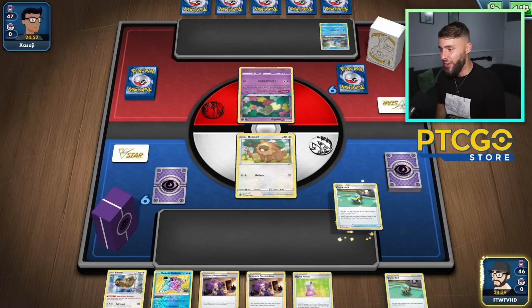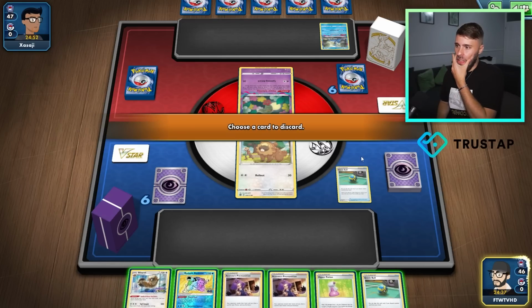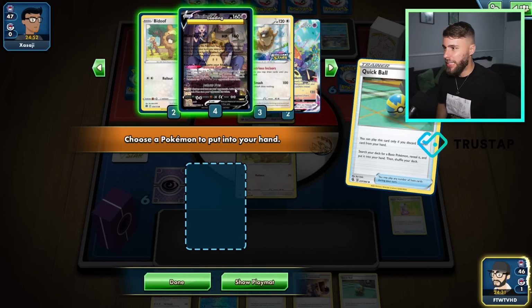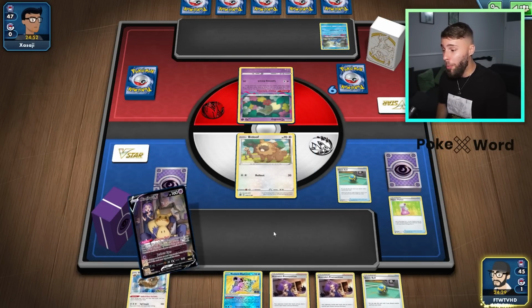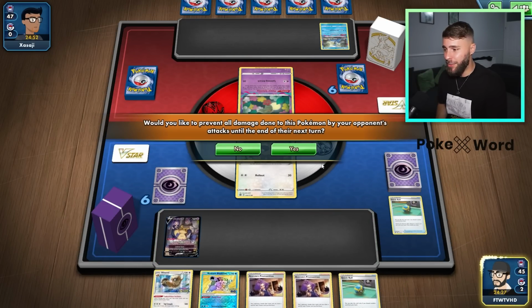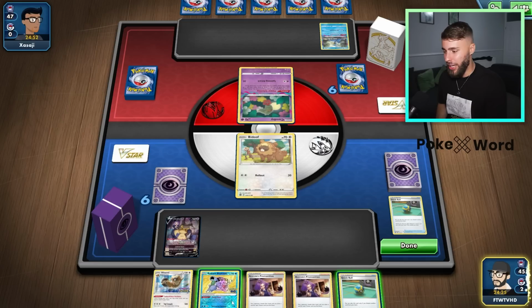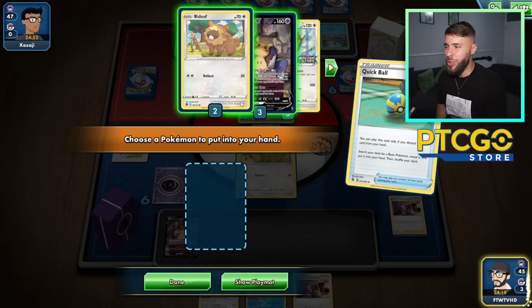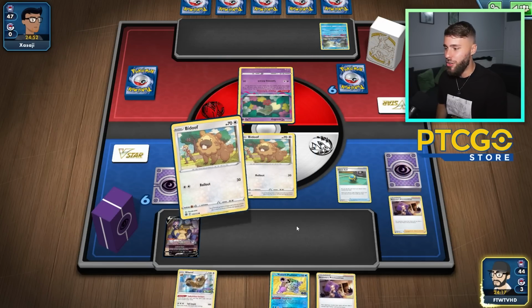Let's go. So we need to start off by, I think, getting rid of the Hyper Potion and getting a Mimikyu V down. And on top of that, I actually am tempted to get rid of an Acerola here. The Blastoise is going to be good for us, really good for us, and I can't lose that. So I'm going to do that and get another Bidoof, because obviously we know that the Cramorant's really good at